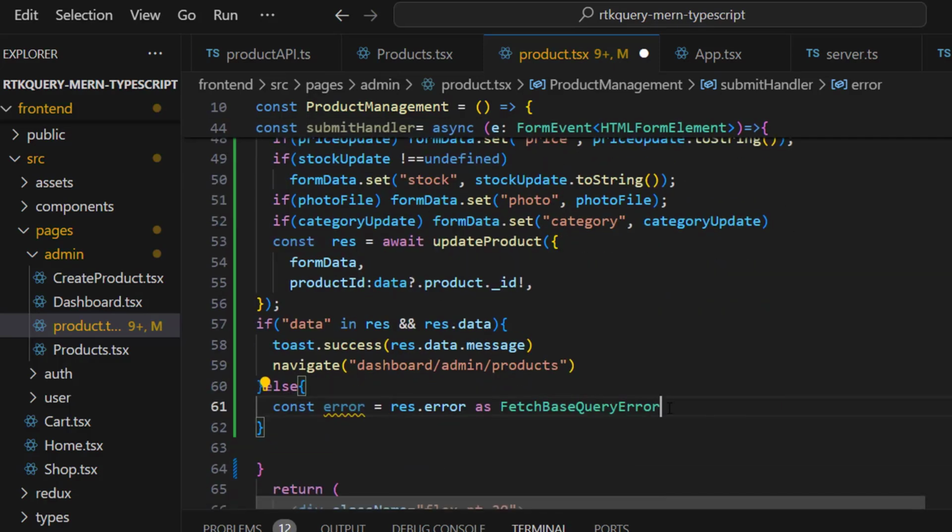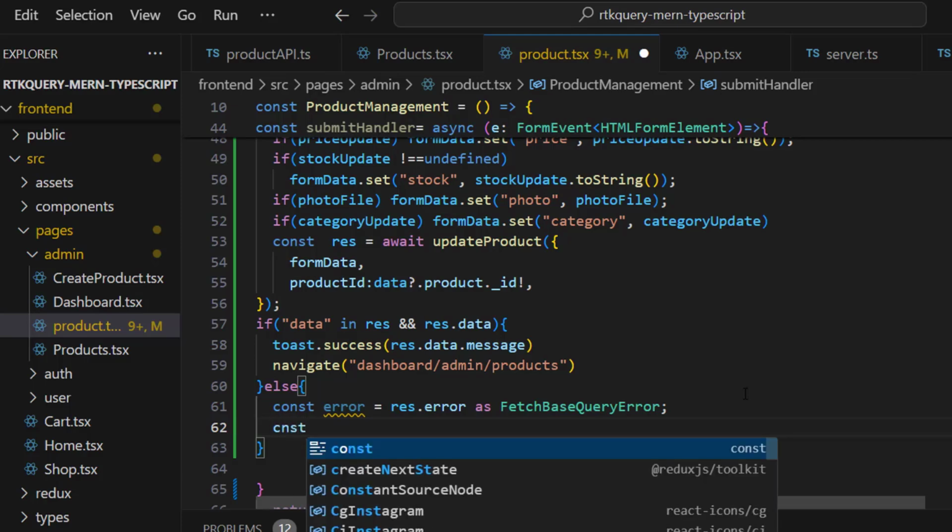It will come from Redux toolkit, and const